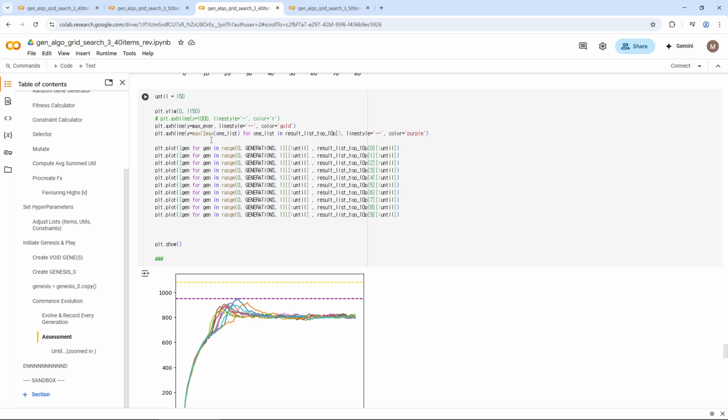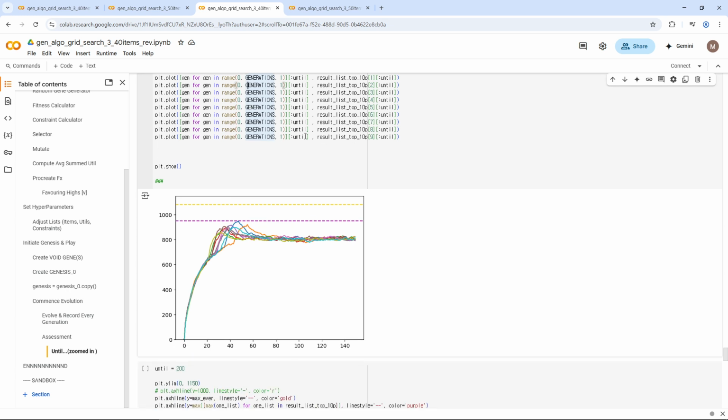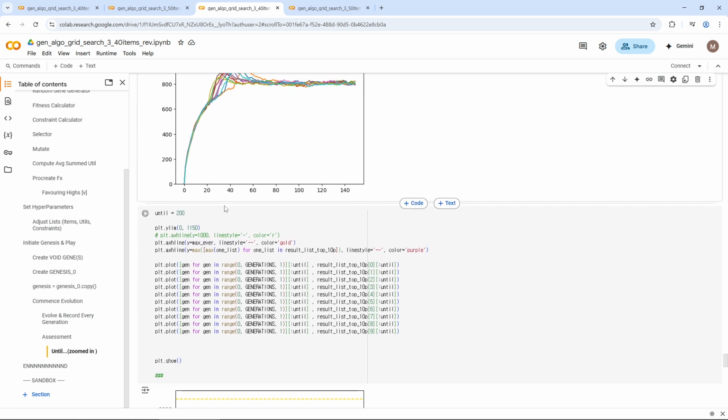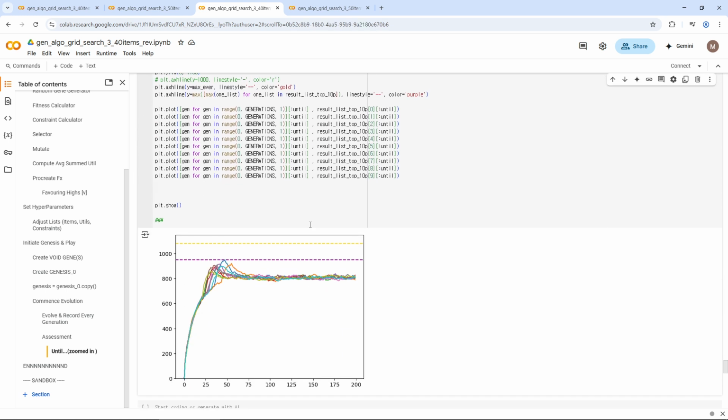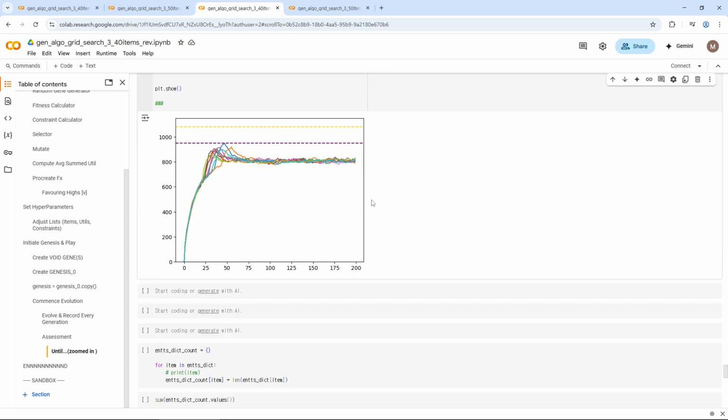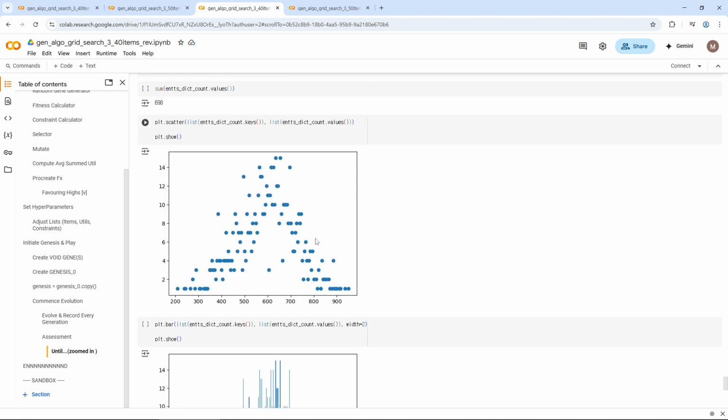And these are the plots until generation 150. Same plot, plateauing at around 800 until generation 200, same. And this is one of the distributions, and as you can see, well, there isn't really much you can see here. It's kind of a normal distribution,